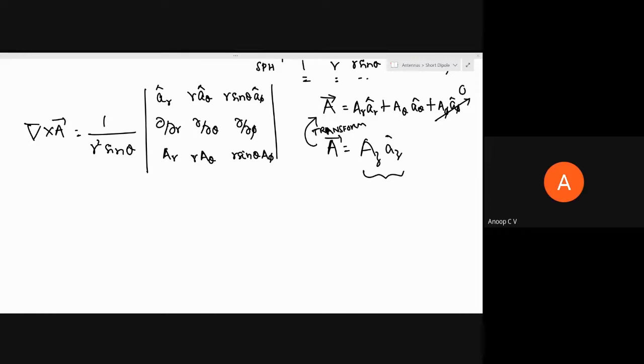So should I tell how to convert? And one more thing, this is not exactly required. You write A Z, then this is the expression for this, and if you write the final expression, that would be more than sufficient for your exam.